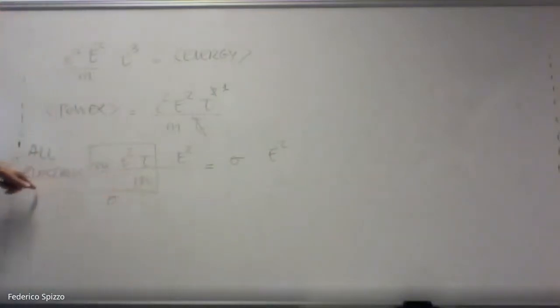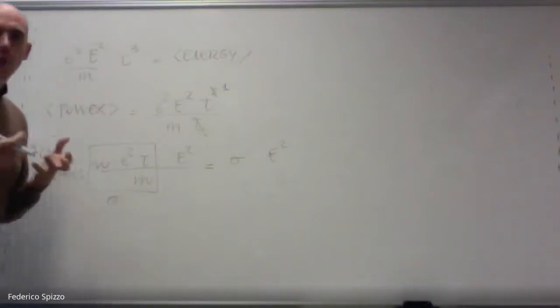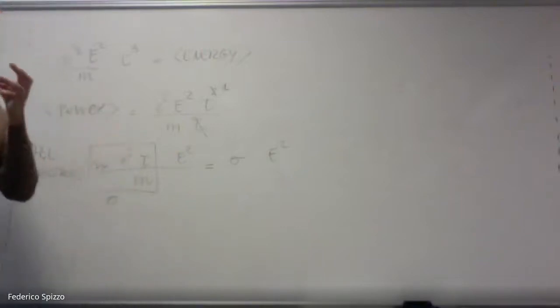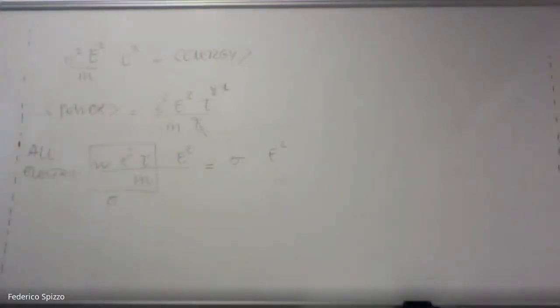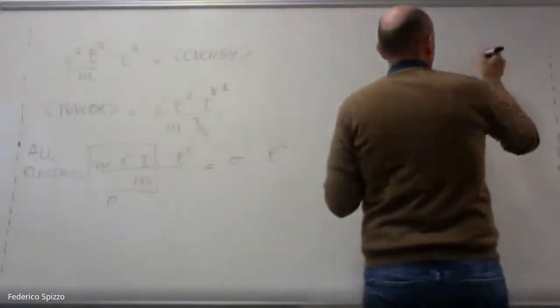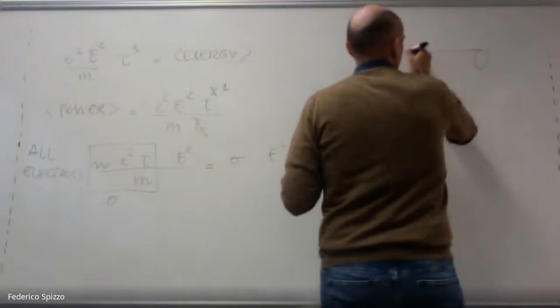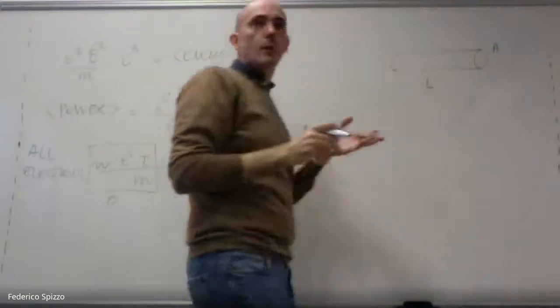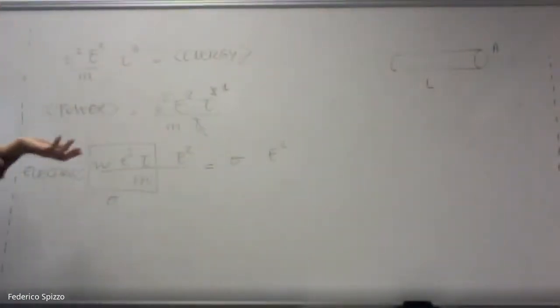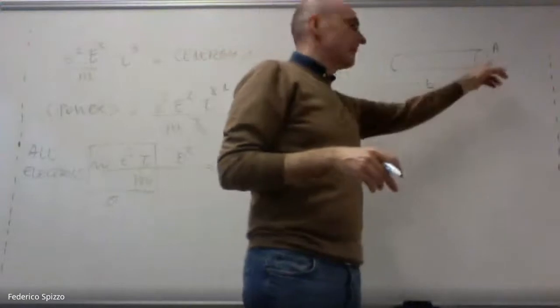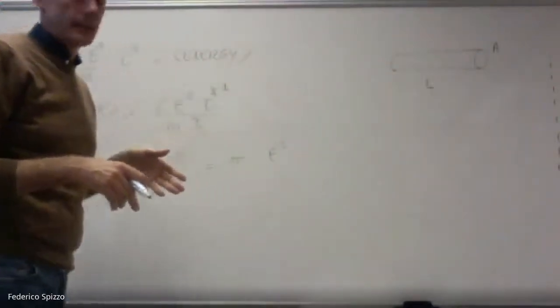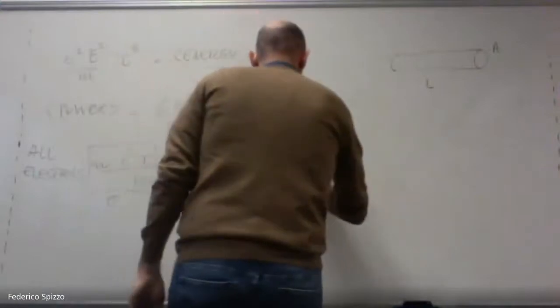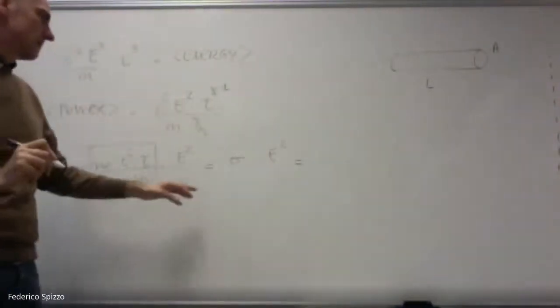So if this is the contribution of the power loss of all the electrons per unit volume, at this point we need to evaluate the power loss of all the electrons corresponding to the volume of the conductor. So if we suppose that the conductor is a wire, that the length of the wire is L, and that the cross-sectional area of the conductor is A, we may just